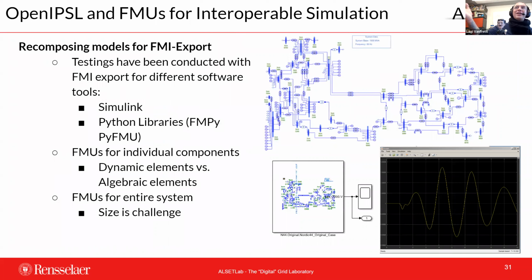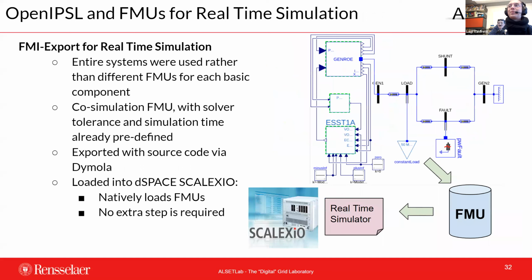Then if you want to run them with the FMI standard, here's a little example where we take the entire model of the Nordic grid that I'm showing in the back, and we put it inside of Simulink only by using model exchange. So we can use all the MATLAB features that people like to use. You can do the same thing with Python. You can do the same thing with 136 tools, basically. So this allows you to model a whole system or just a piece of it. When you're trying to deal with the whole system, it's better to use just Modelica tools. They're more efficient, but you can still do it if you need to.